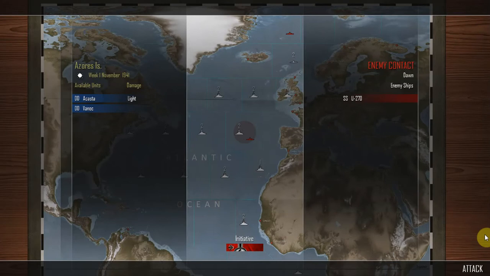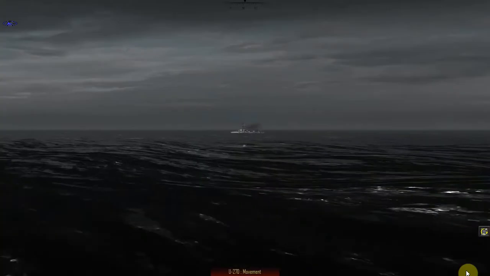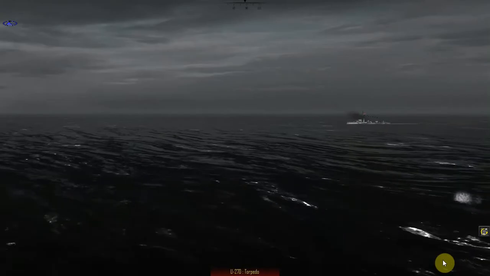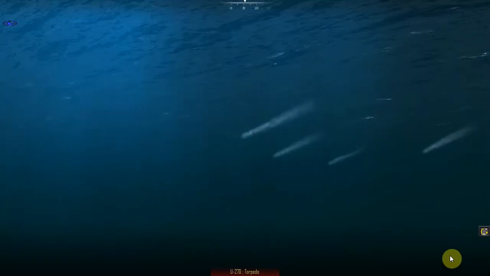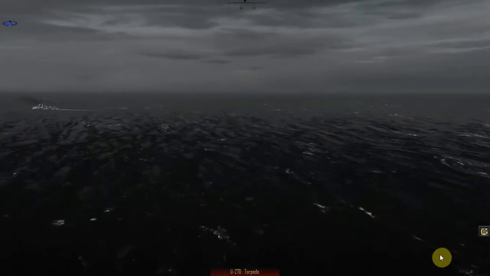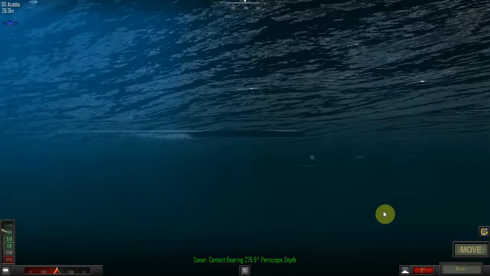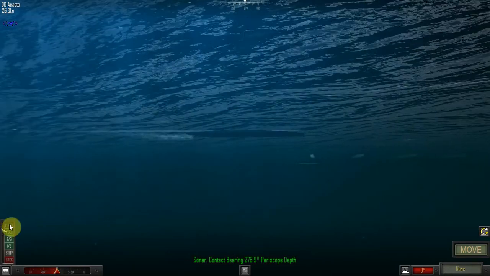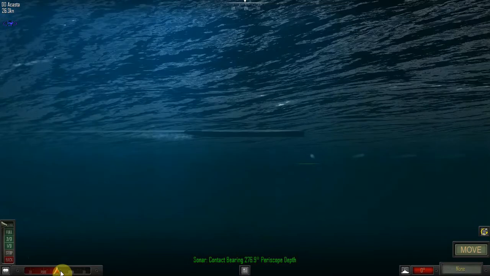Azore Isles, sunny weather, week 1 of November 1941. The destroyer Acasta with light damage and the destroyer Vanek with no damage have come under attack at dawn from the submarine U-270. U-270 with the initiative. U-270 fires 4 torpedoes. Right, what do I want to do? I'm gonna guess... Oh, actually...